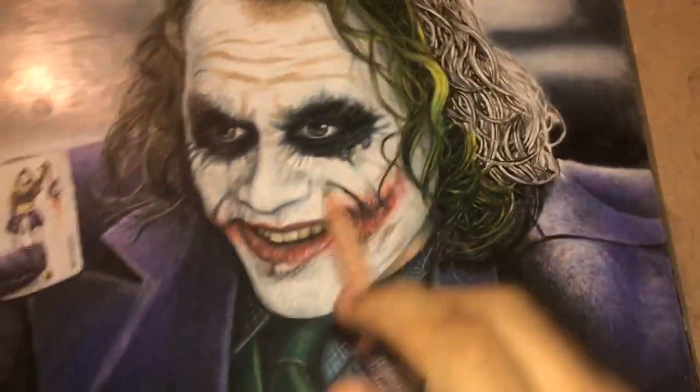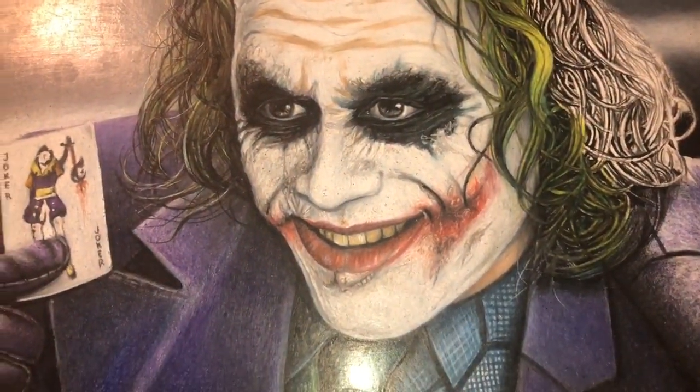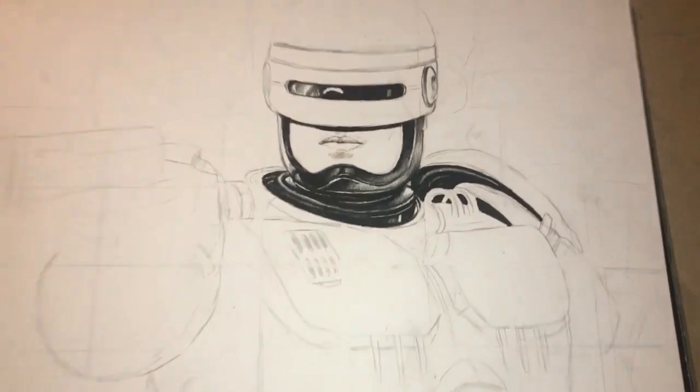It's not overly difficult, it's just time consuming. Same with this. I've started to learn how to do blocks of color, and basically what I'm doing now is I'm moving on to my next one. Obviously Robocop,